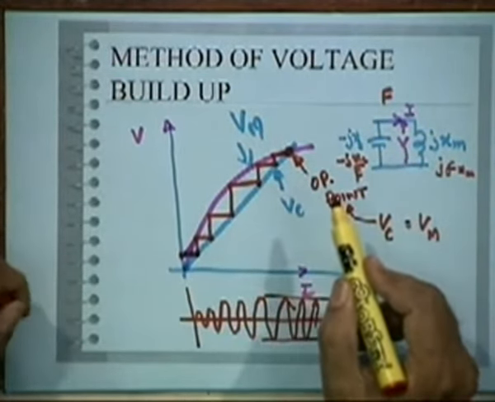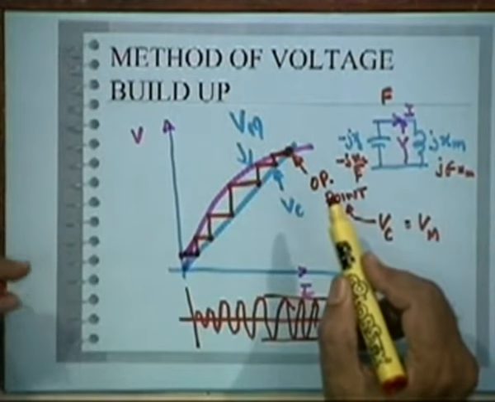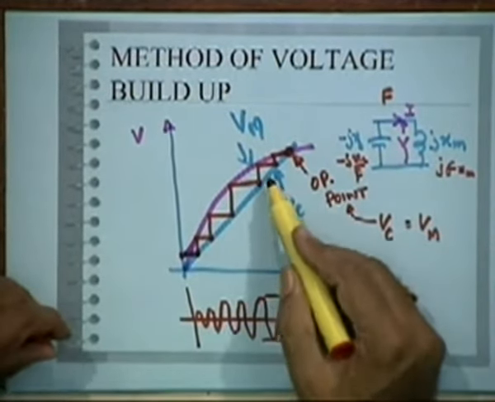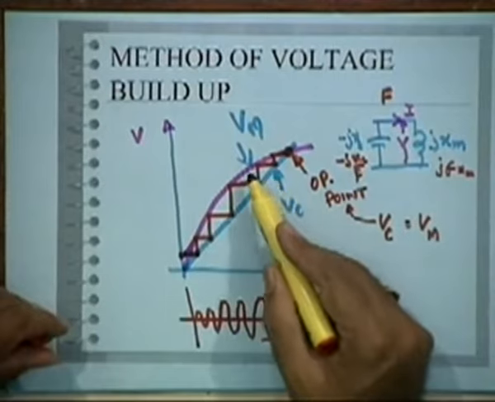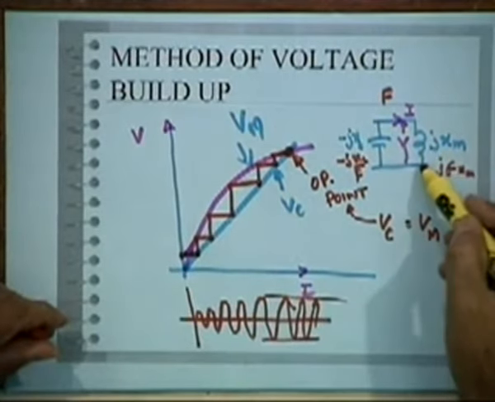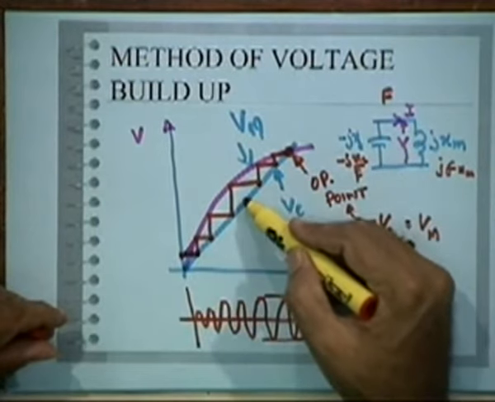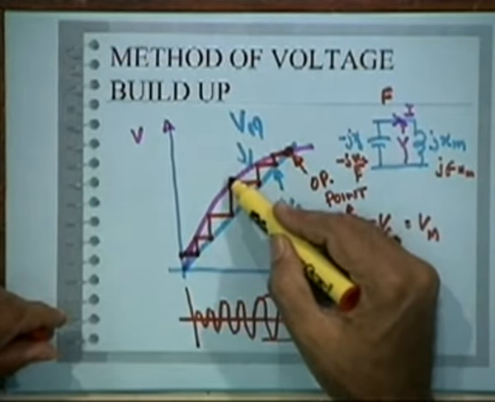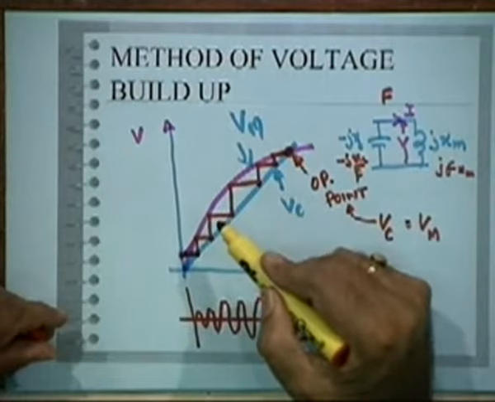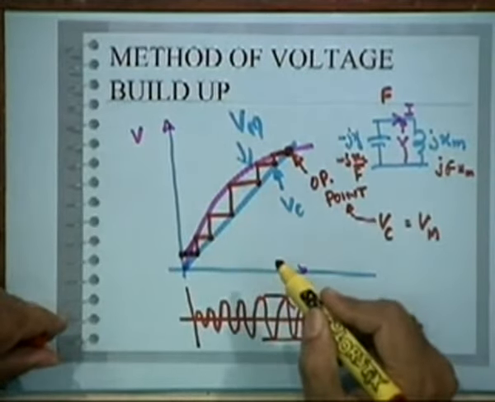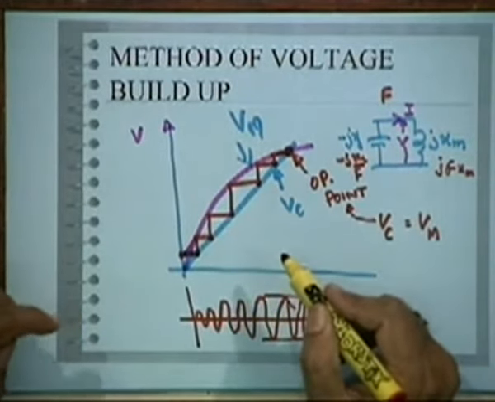Supposing at any other frequency, any other speed, what will happen? Supposing it's a different frequency, then the two curves will change, because if it is half, this will go down and this will go up, okay. This is one thing. So the operating point is decided by the speed of the prime mover, right.